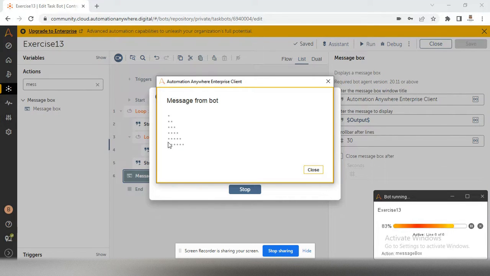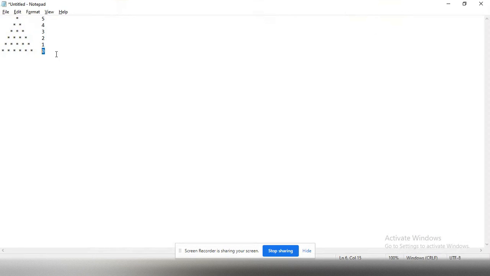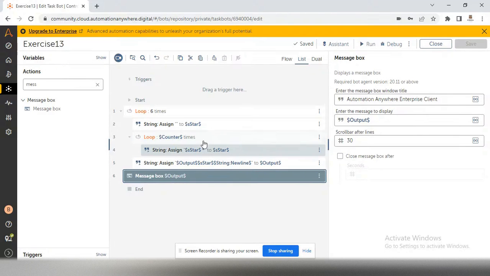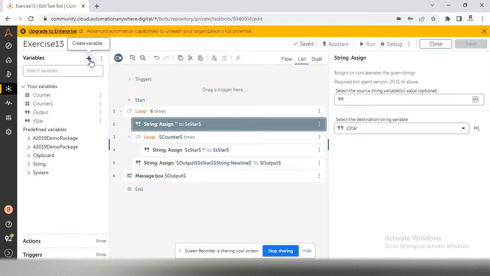Okay, so this is the half pyramid question and answer. Now we have to make it a full pyramid. How can we make it? Before the stars we have to add spaces, right? What is the logic of this space? We have already given it, right? Number of iteration of row, and number of columns is 6, so spaces are 6 minus number of iteration of row: 6 minus 1, 6 minus 2, like that, right? How can we build that? Before this star pattern, I will create